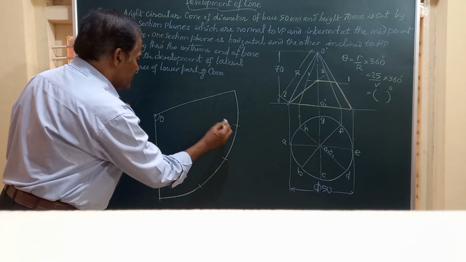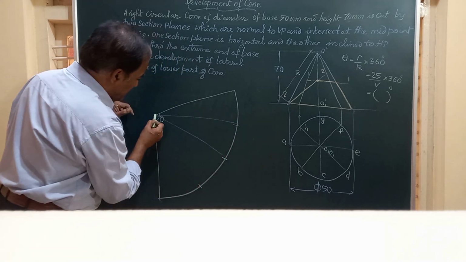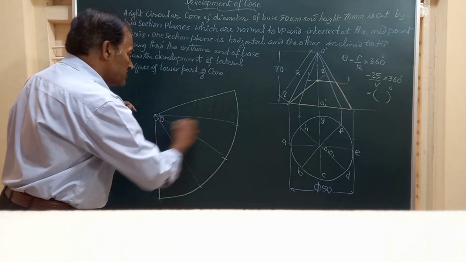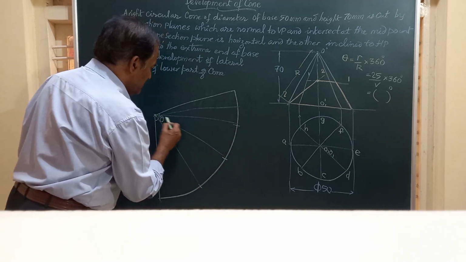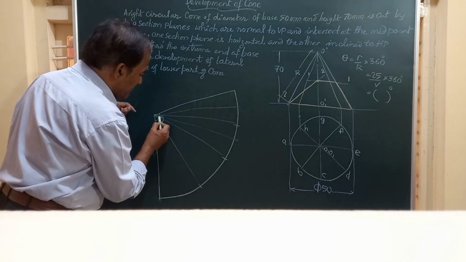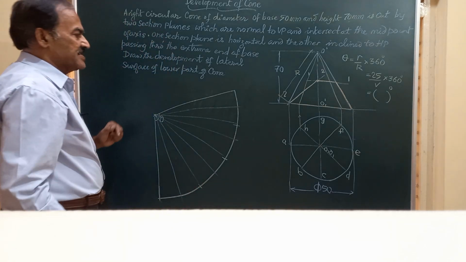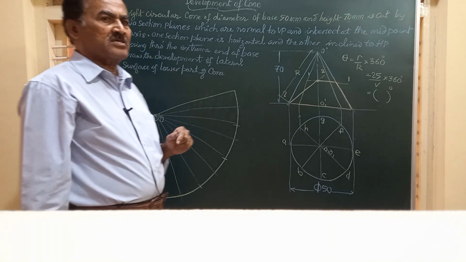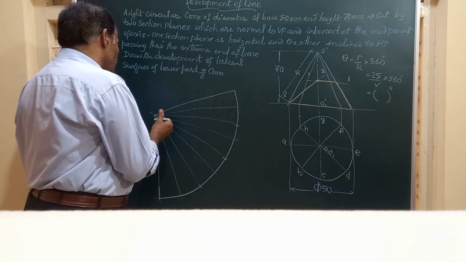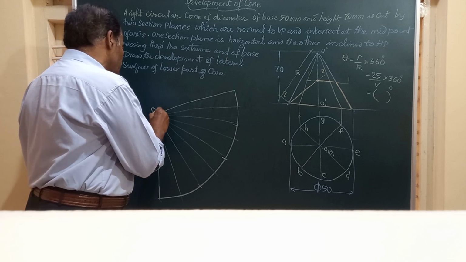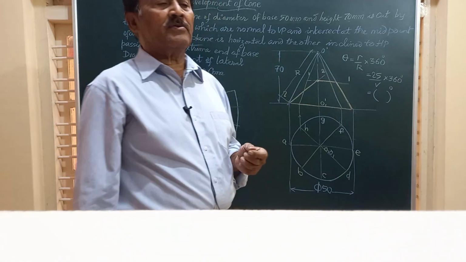3 and 4, join them by a thin line, again a thin line through this. Once again divide this into two equal parts. So this has become 4, this has become 6, and finally this has become 8. And now friends, after getting this sector, say this is O, we have to just mark these generators OA, OB,